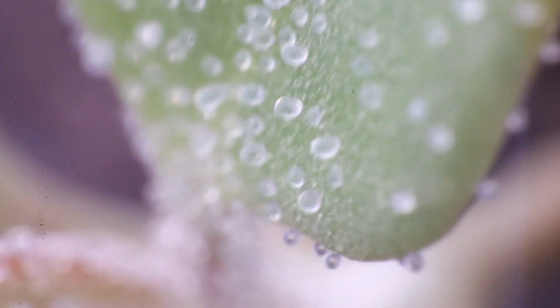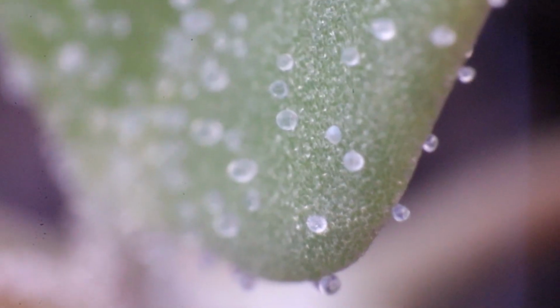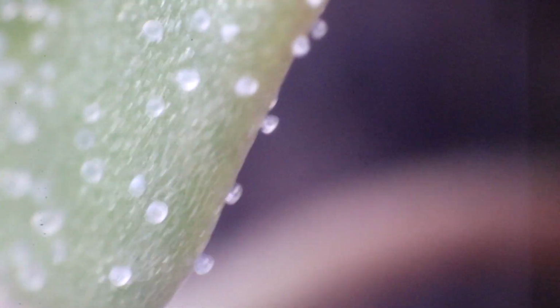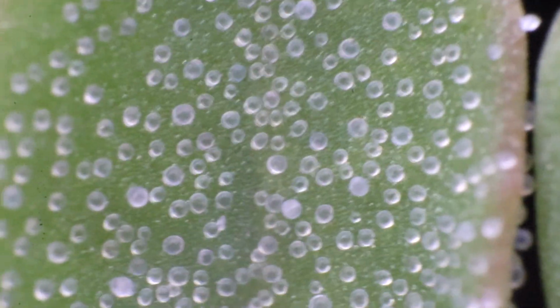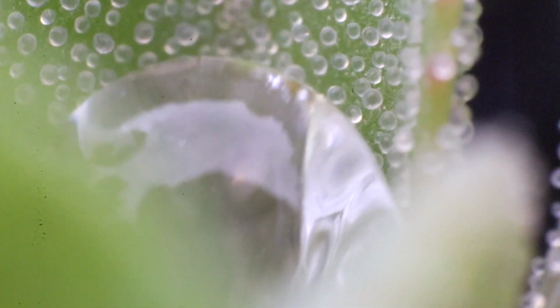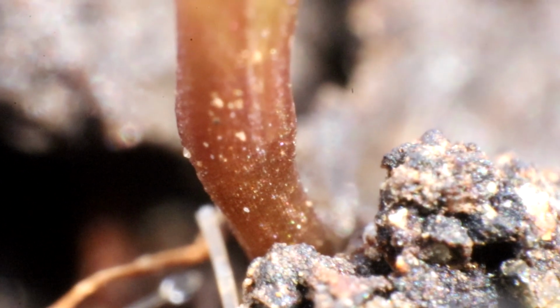Here's another weed, but this is a weed I love. This is called lamb's quarter. And those might look like eggs, but they're actually little water droplets. And lamb's quarter tends to bead water. It repels water and will hold it beautifully on its leaves. Here at the base of several leaves in what I think of as a goblet is a beautiful tiny drop of water held by all the leaves together. Here's a carrot sprout,